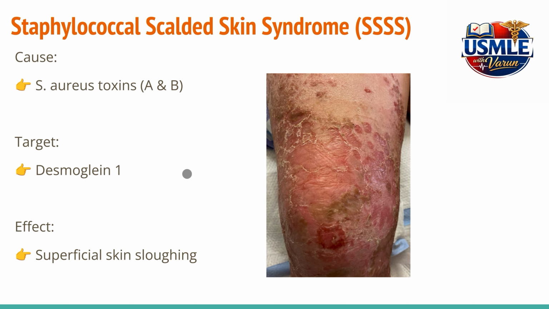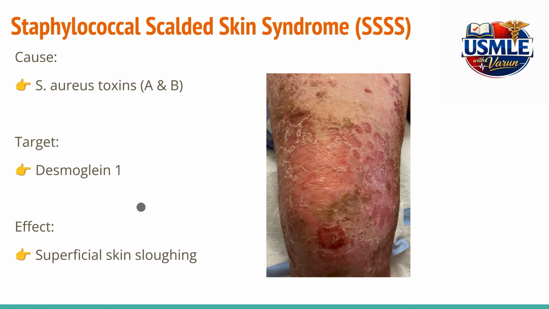Staphylococcal scalded skin syndrome, also abbreviated as SSSS. This condition is caused by toxins that are produced by Staphylococcus aureus. These toxins specifically target a protein called desmoglein 1, which is responsible for holding the cells together. So when this protein is disrupted, the superficial layers of the skin separate, leading to widespread redness and peeling. Because the damage is superficial, mucous membranes are not involved. So this is a key distinction between staphylococcal scalded skin syndrome and other similar disorders like TEN,